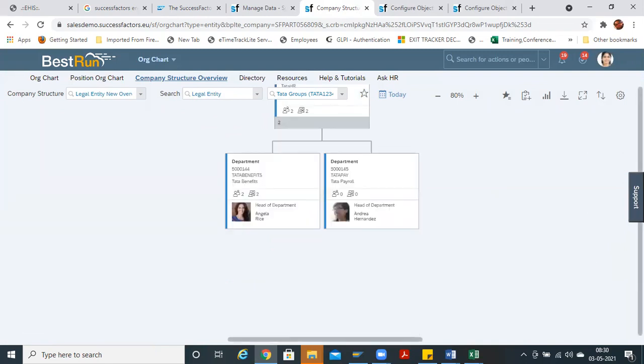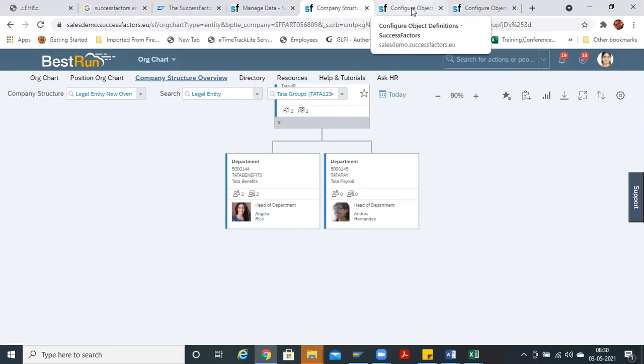We have created the values in the front end. Now we have made the head of the department also visible. Sub-department values we have not created. That's the reason it is not showing here. But if you create the sub-department values and associate with department, then it will be showing.